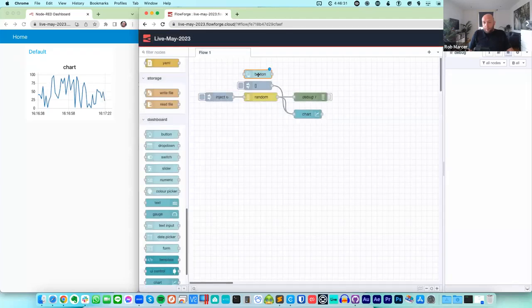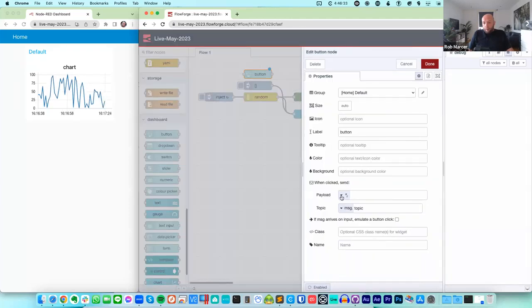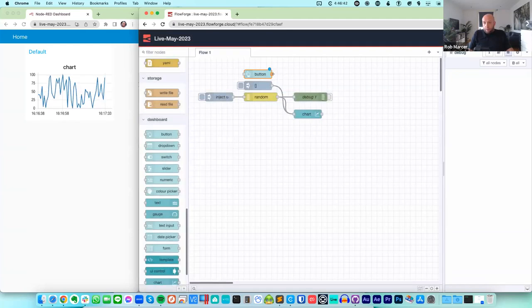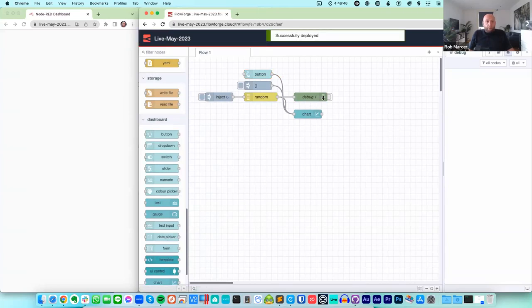But actually, there's something else I want to configure in here. When someone presses this button, I want this to send the payload the same as we had before. So same as this is doing, and put that down into the chart. So if I now deploy this,